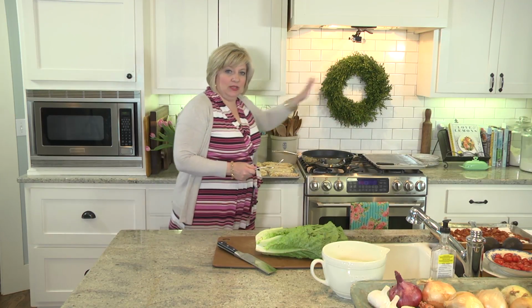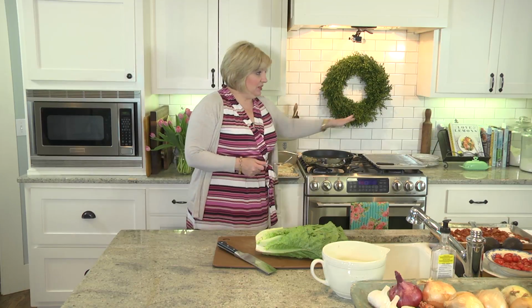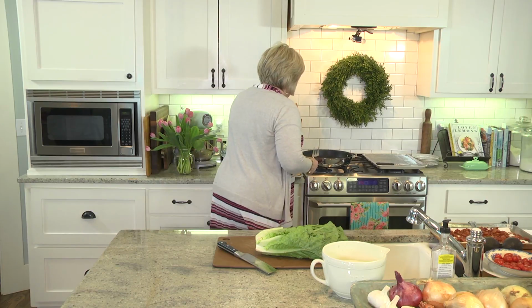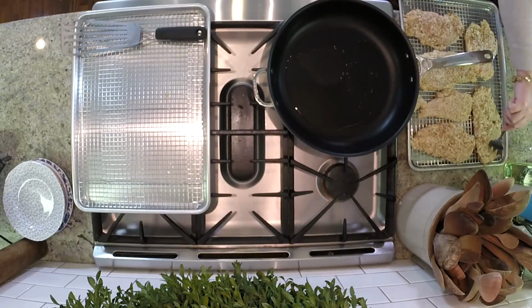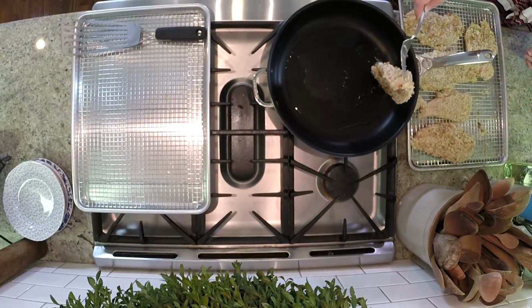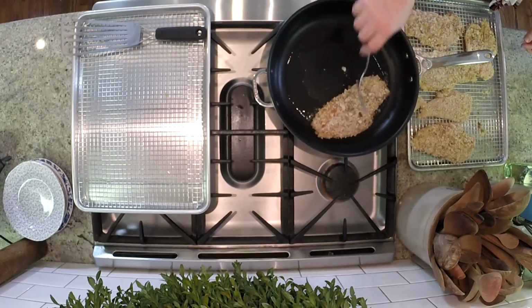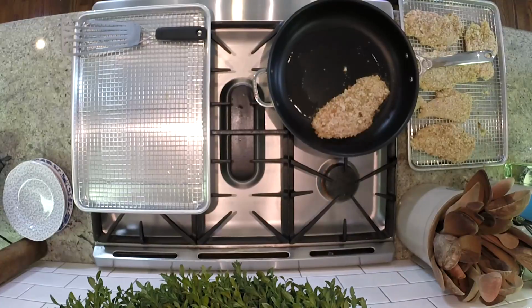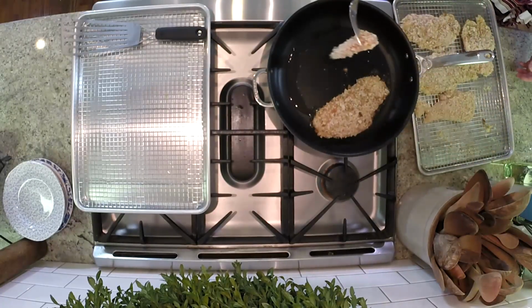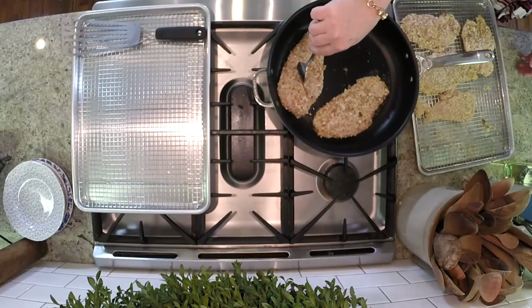Y'all have seen that I do this a lot. Start, middle, finish with my 2 pans in my racks. And we're gonna move the ones that are finished over to our finished rack and put those in an oven, a 375-degree oven, for maybe 10 to 12 minutes or so until they just get cooked nice and tender and all the way through in the middle. So we're just putting these yummy little cutlets right here in this skillet, and I'm using